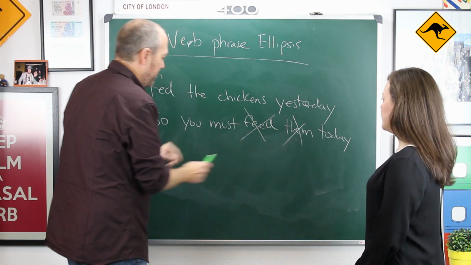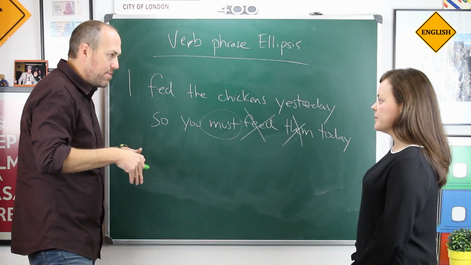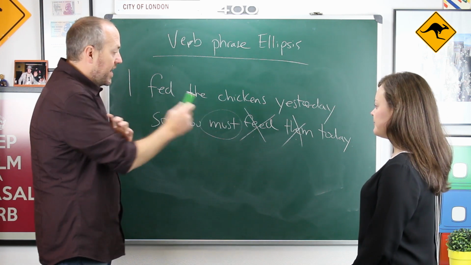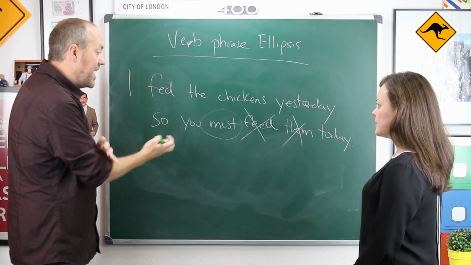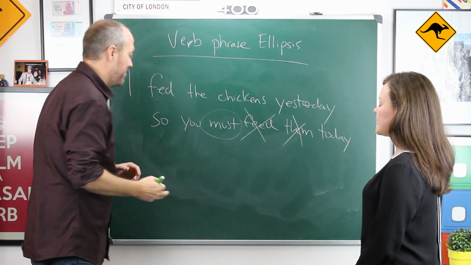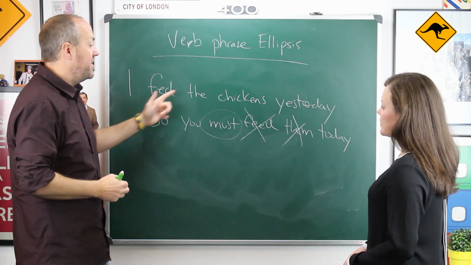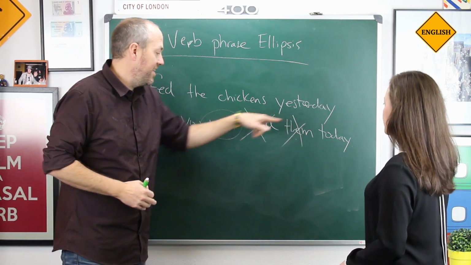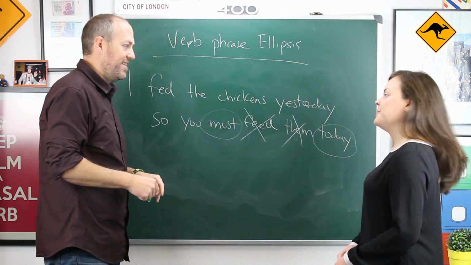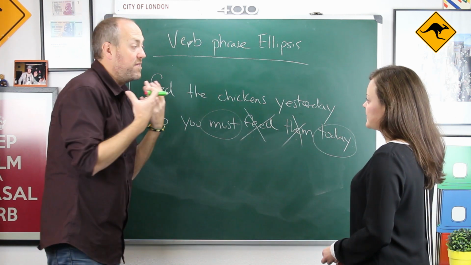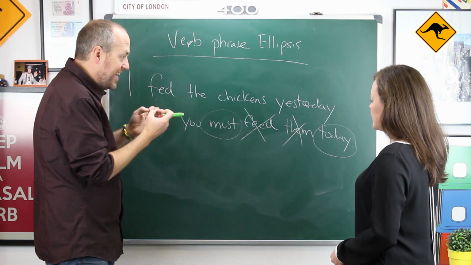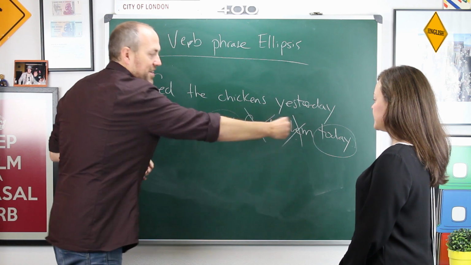Object, gone. Auxiliary verb, we keep, because it changes the meaning of the sentence. Now again, I want you to notice the pronunciation. We put the emphasis on the thing that's different. So, I fed the chickens yesterday, so you must feed them today. The emphasis is important to communicate the message clearly, because we're eliminating a lot